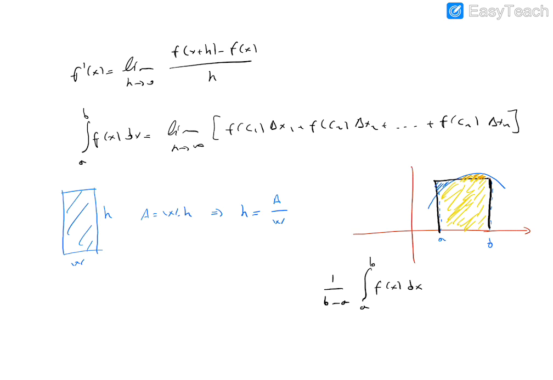Why? Please look at this formula. W is b minus a. Area is this integral, so from this formula we write the area as the integral from a to b of f of x dx. The width for the rectangle is b minus a. This is the W, which is b minus a. So H is the average value. So this is the average value of the function.